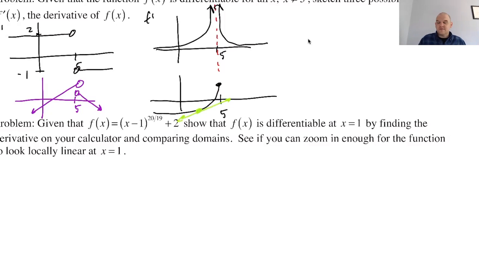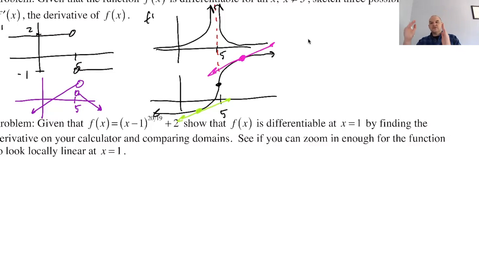And then what's going to happen to the tangent line? As you get closer and closer to 5, the slope of the tangent line goes vertical, goes to infinity. And then we could also have it go like this. So I think this is what that graph could look like. And if we had a tangent line on this side,